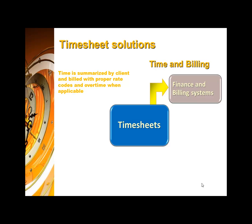In a bit more detail, second most popular would have to be professional systems for time and billing, typically used by accountants, lawyers, and consultants, to be able to say, we worked on your project, we worked this amount of time for this client. These systems are strong with rate codes to be able to say what kinds of rates need to be charged for what kind of work, and allow a narrative to be added